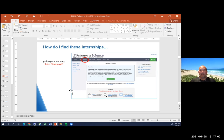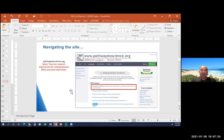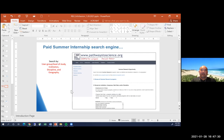And so if you were interested in becoming a graduate student, you could look to the pathways-to-science.org website to see what kinds of opportunities there are there, right? So for example, NSF also had another grant program called the IGERT, which is a training grant that paid for grad school, right? And so those are some of the things that you can look to. So very quickly, in looking at this, to navigate, you would look at the summer research experience for undergraduates link, and then it brings you to this